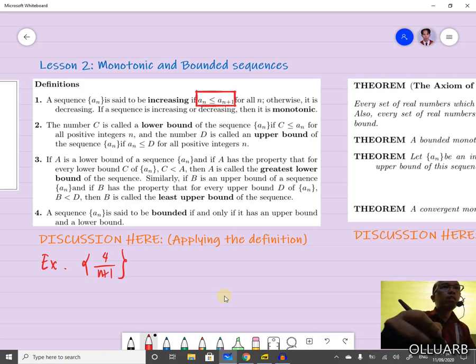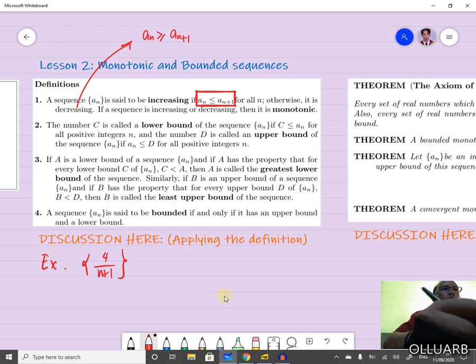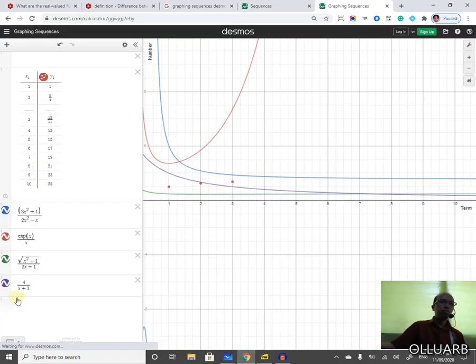But how about if decreasing? It's the reverse. This is for decreasing. Since it is decreasing based on the graph, the violet one,